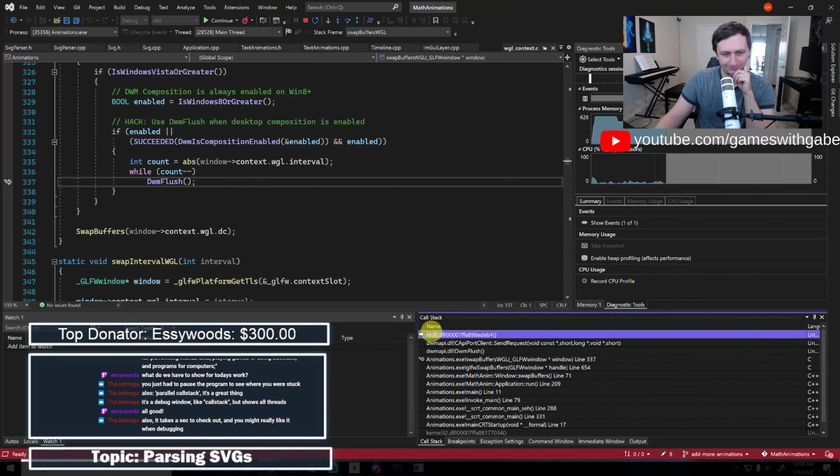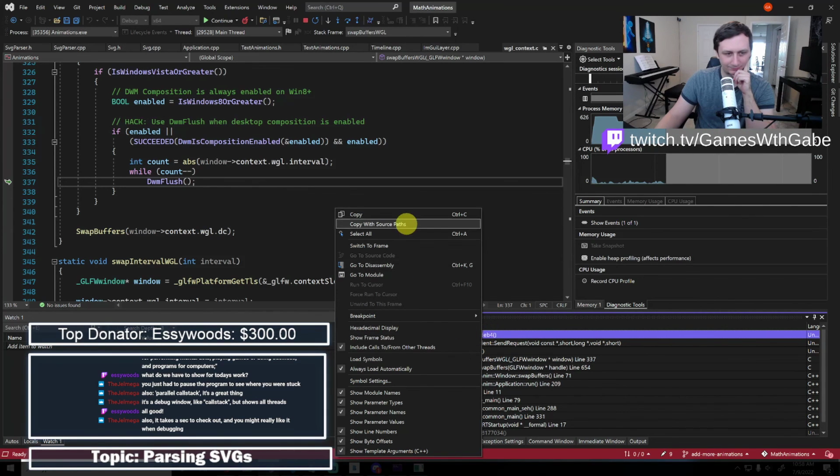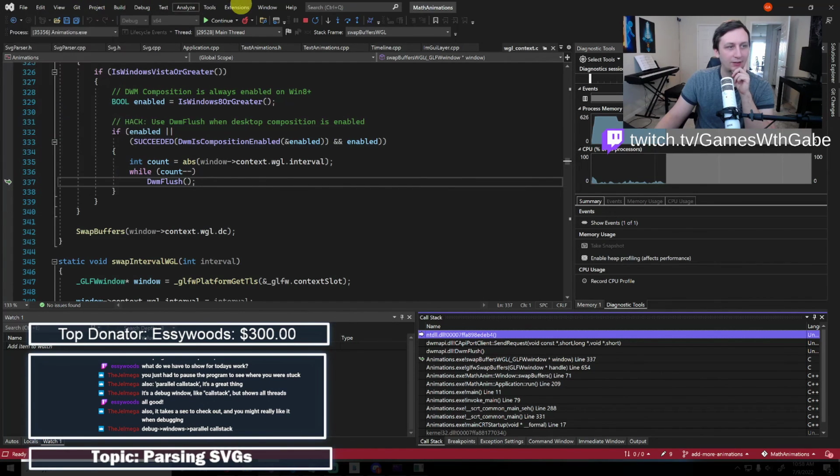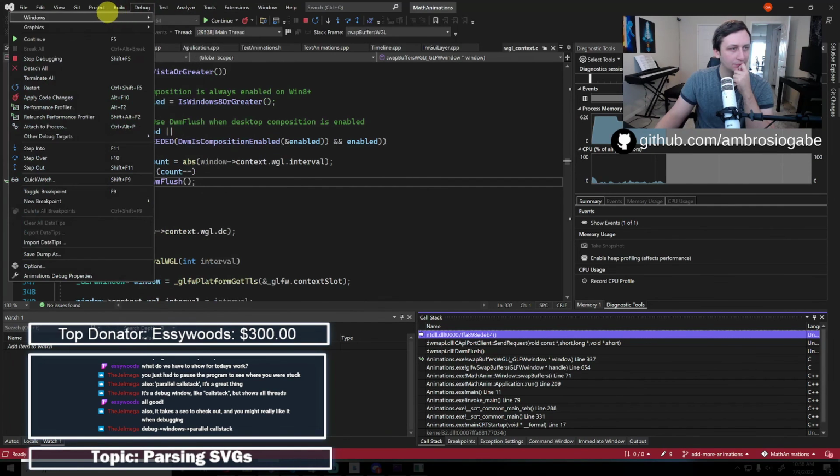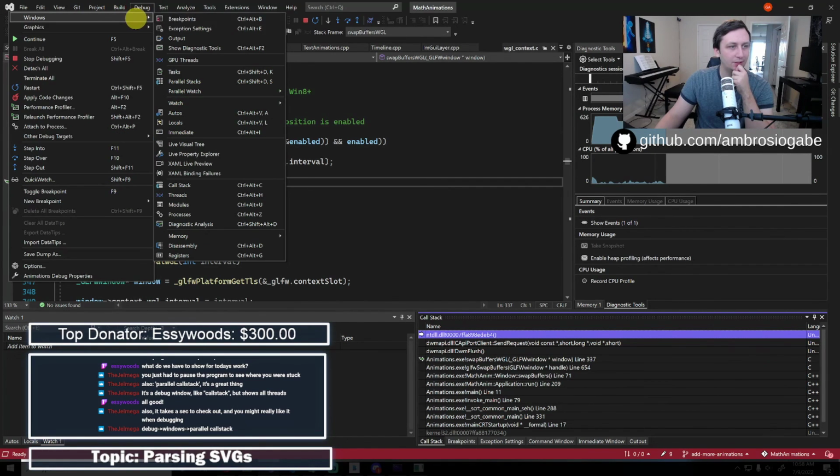Can I just do parallel call stack or something? Or is it a window that I have to add up here? Nope. View, debug, windows, parallel stacks.